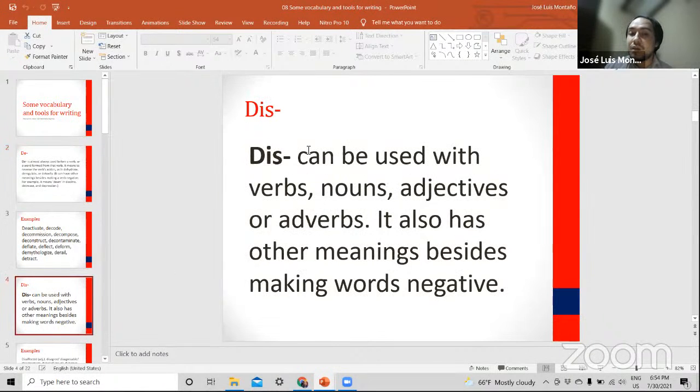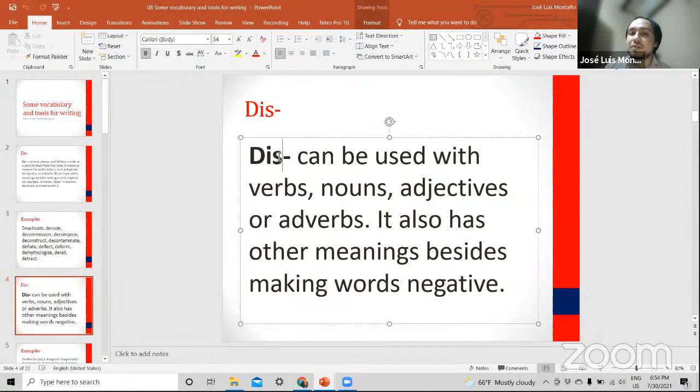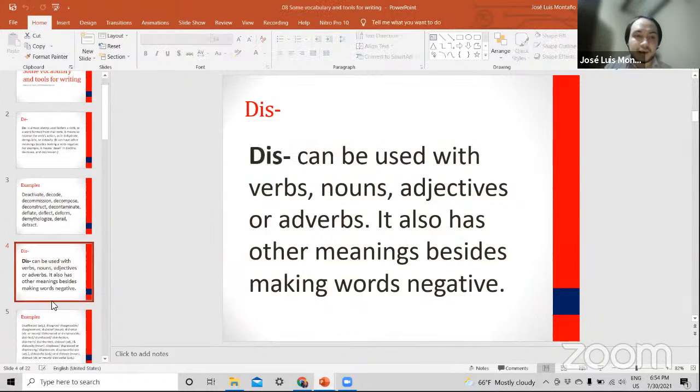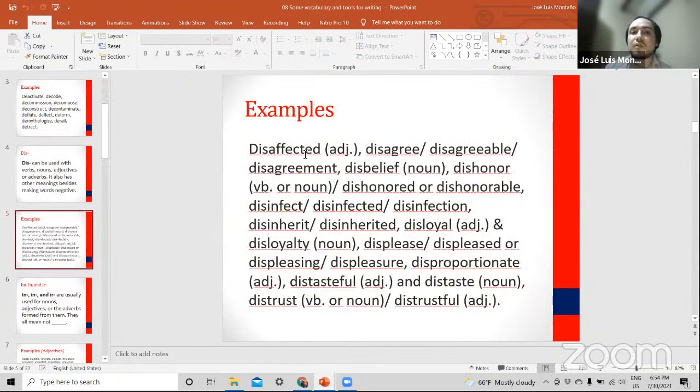But this is going to be for verbs, nouns, adjectives, or adverbs, even adverbs, right? It also has other meanings besides making the words negative. So the only purpose of these words is making the word negative. That's it. So this is an adjective, for example, right? Affected. So this is disaffected. Agree, right? Instead of saying I do not agree with you,